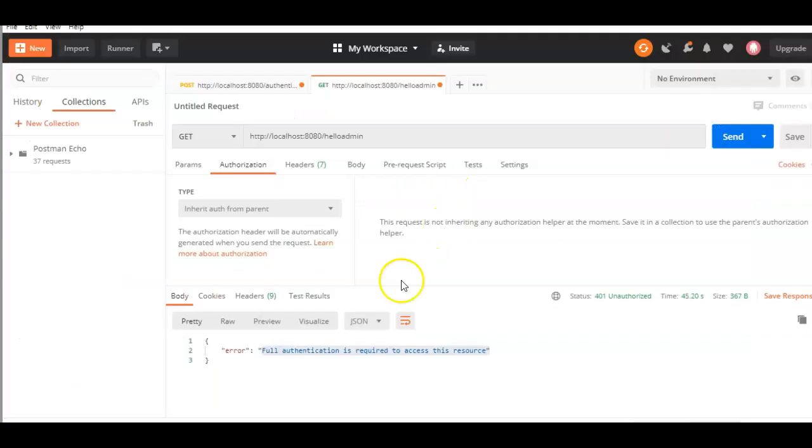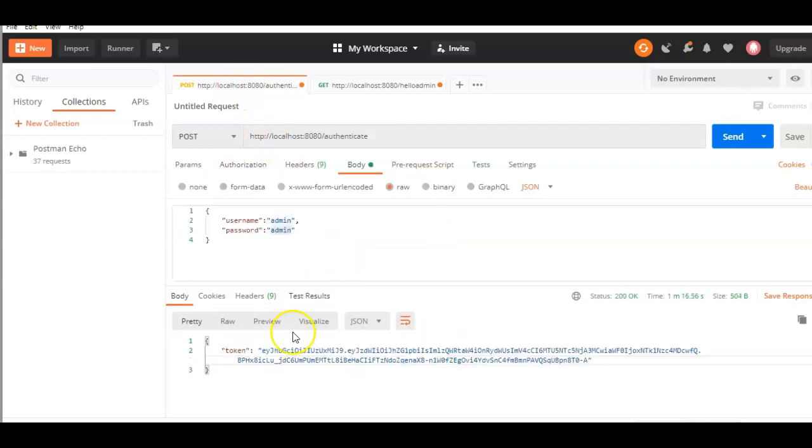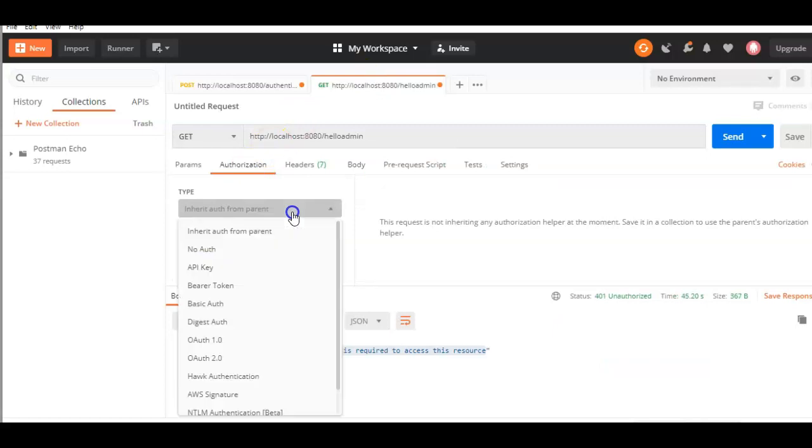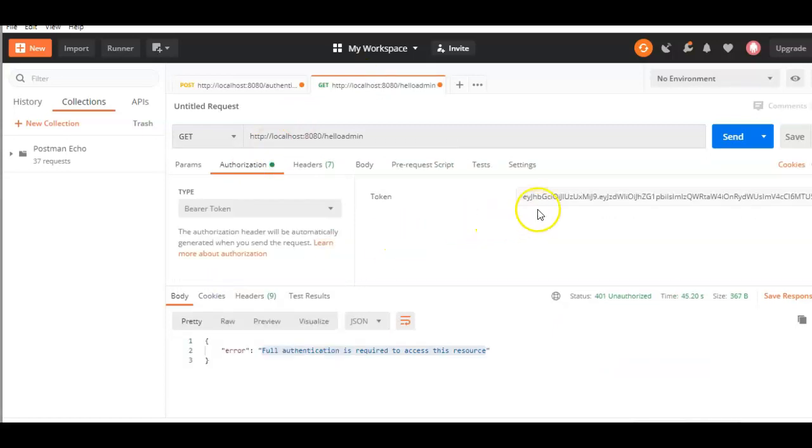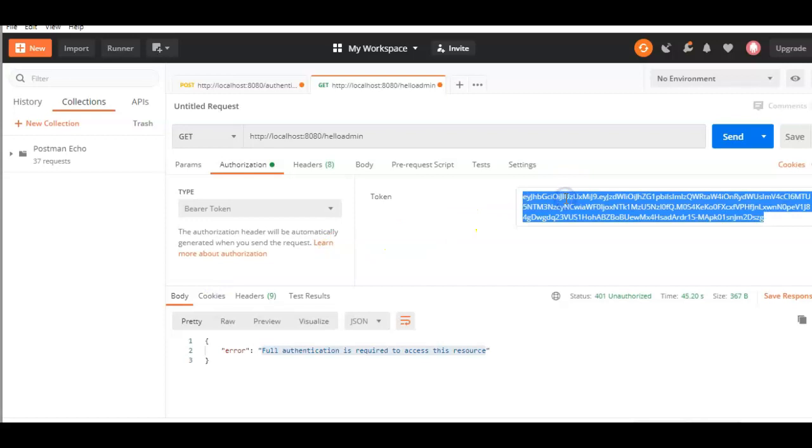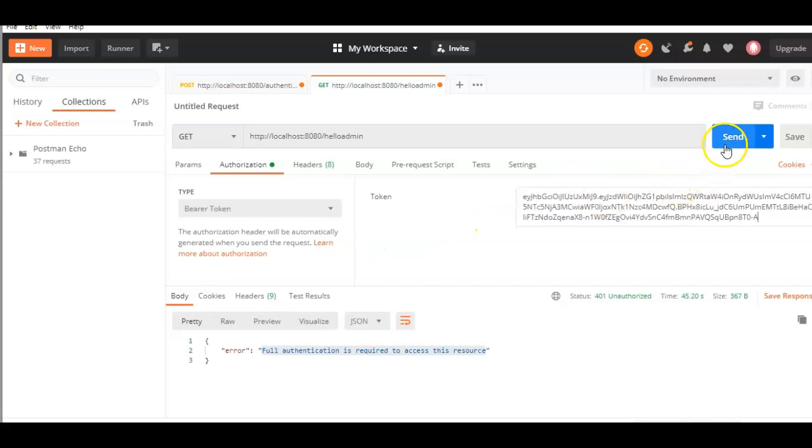So if we go to Postman, this is the body that we are getting. This is the key value pair that we have created there, error and the message. Let us now add the JSON Web Token to this authorization. Copy this JSON Web Token that we had just created. Here in authorization, select bearer token and paste the token here and do a send.